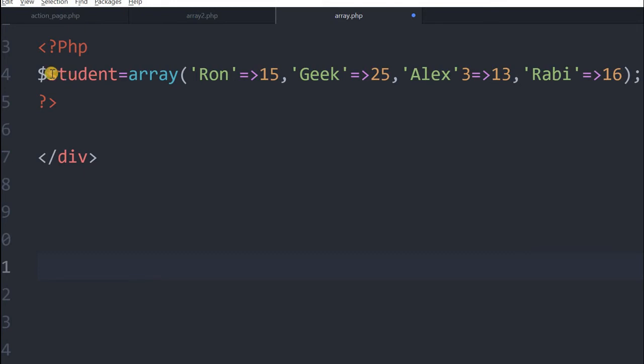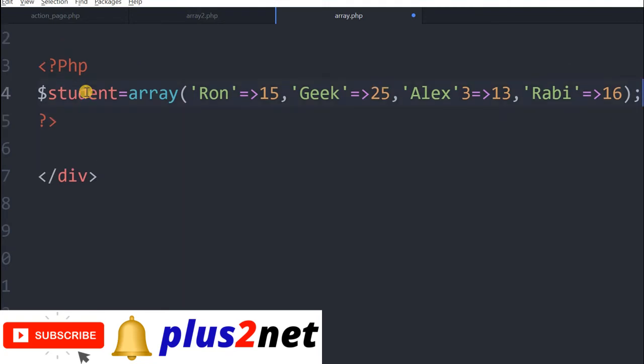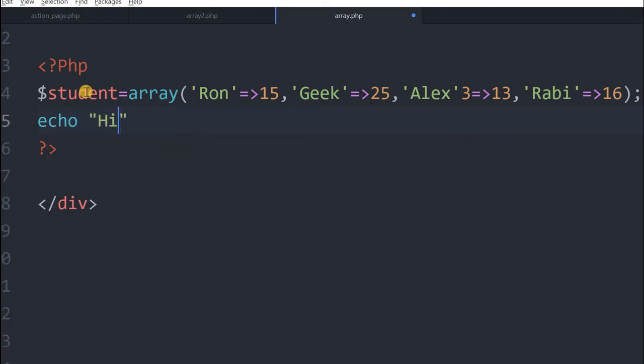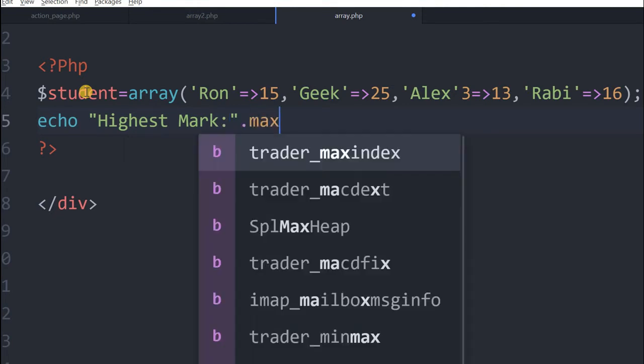So here is an array where you can see that we have a student array with names and their marks: name, mark, name, mark, and one more name and mark. This we have created. Now we'll see what the highest mark is. It's easy, already we have seen max.